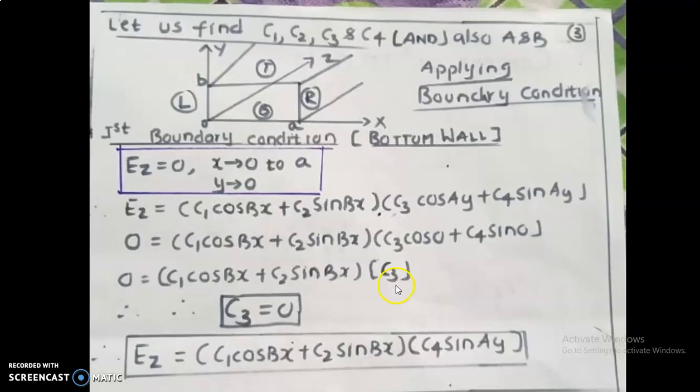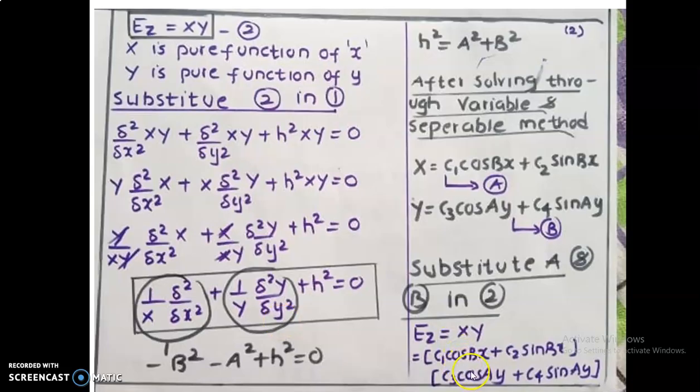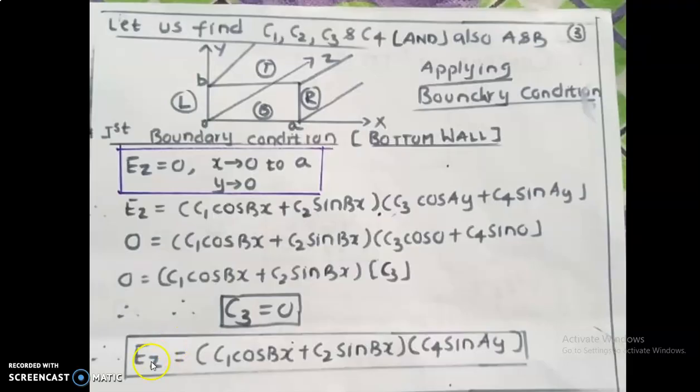Now the next thing to understand is that when the product of two things becomes 0, one of the terms definitely should become 0 itself. So this term won't become 0 as it is a variable value. Now I can say that the last chance we have is C3, so I have made C3 as 0. Once you get C3 as 0, you substitute into your original equation, and this value becomes 0. Now we are left with Ez equal to C1, C2 and C4. So this is about boundary condition 1.